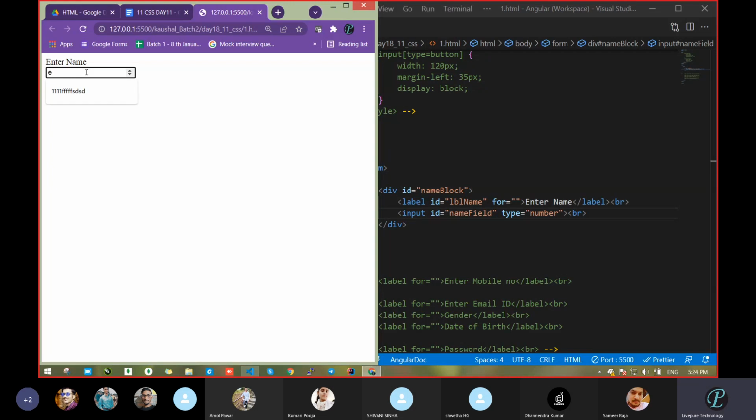I think it is considering it as a number, so maybe exponential is allowed. But when you pass a number, it will work because the type is number. Clear? When you click this, you will automatically get a number.